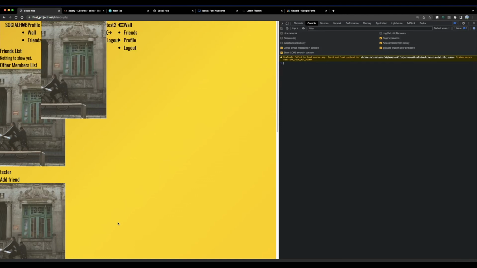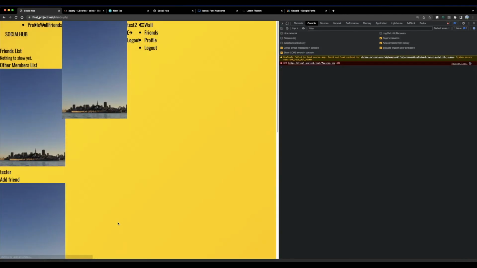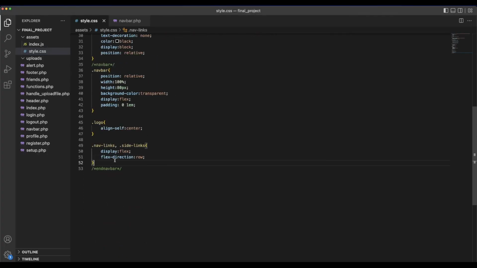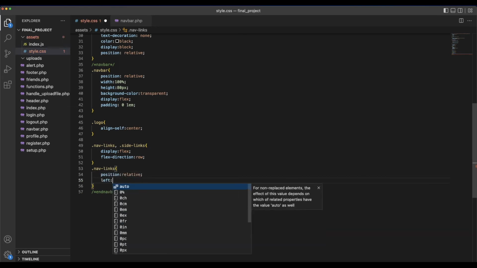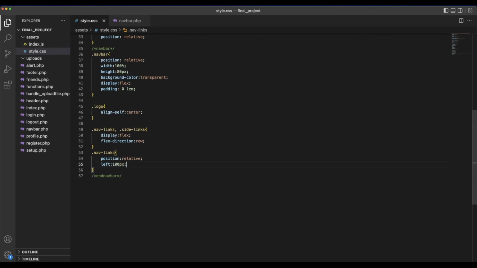So if you just check this out again, now you can see the links have been assigned from left to right. And if we do .nav links and do a position of relative and just move them along by 100 pixels from the left,